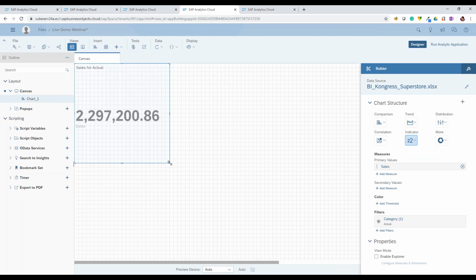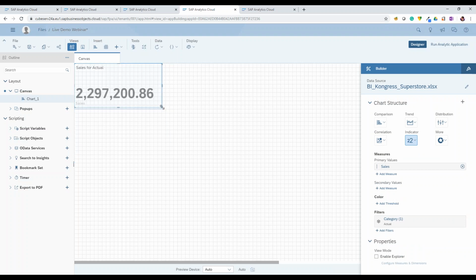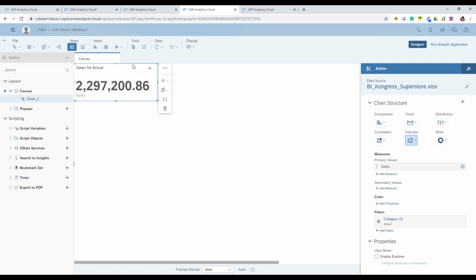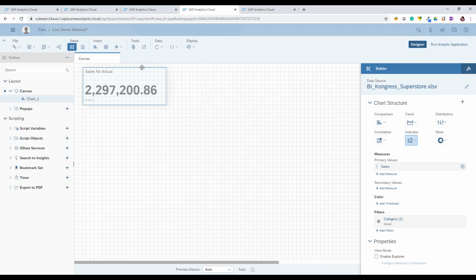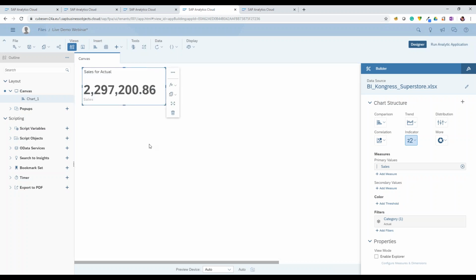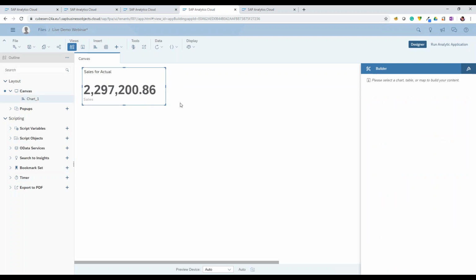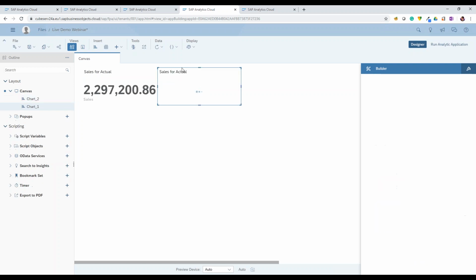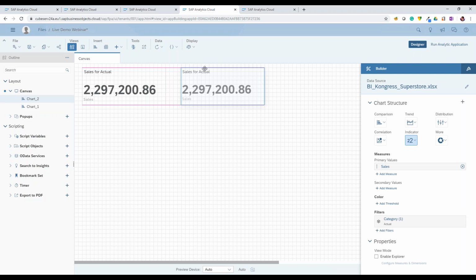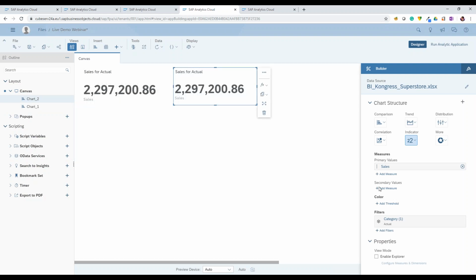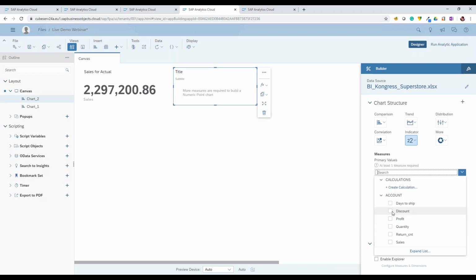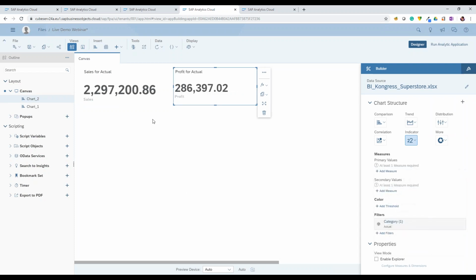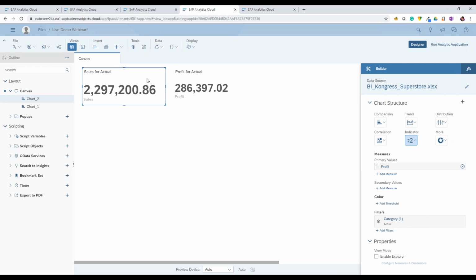I will go here in the chart structure and go ahead with changing the chart type. I don't want to lose so much place, so I will just make it a bit smaller, move it a bit to the right as well so that it looks nice, and then I will copy it to another chart as well, because I want to show right now another key figure, not sales but profit over here now, and then we have the possibility to show exactly the information.